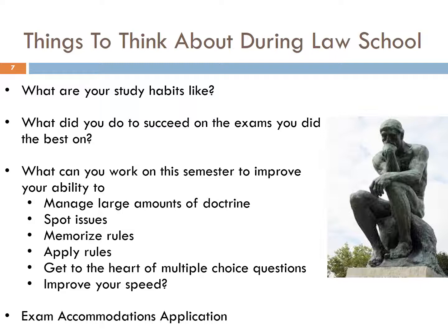You can go to the New York Board of Law Examiners and find their application for accommodations and their test accommodations handbook, and it's incredibly helpful. But the standard that they have is much higher than what we require at CUNY Law School. You're going to need to provide more documentation and potentially more recent documentation. So make sure that you either chat with Pat Kennedy or me pretty soon if you're thinking about applying for